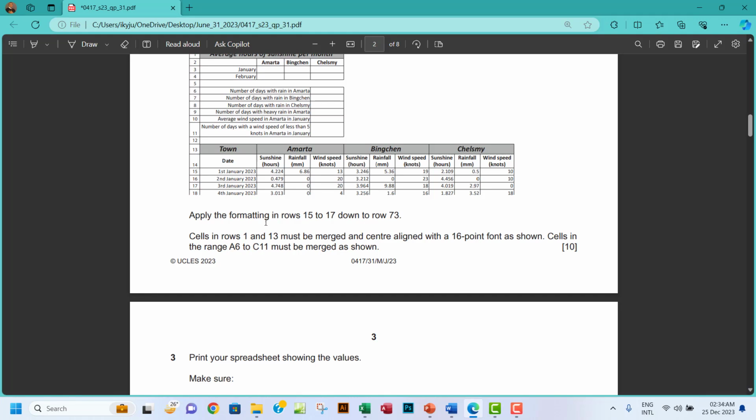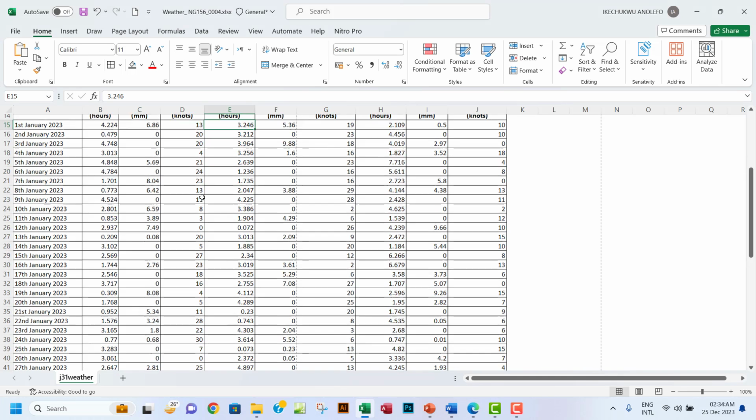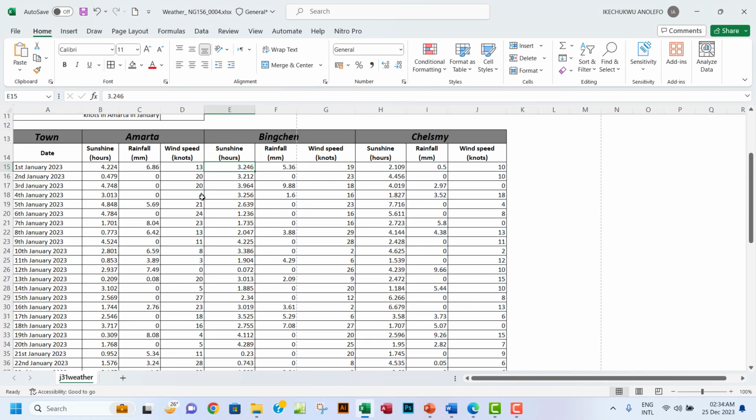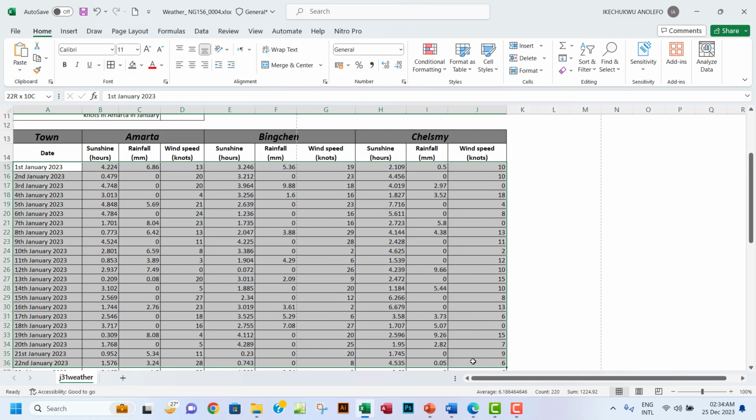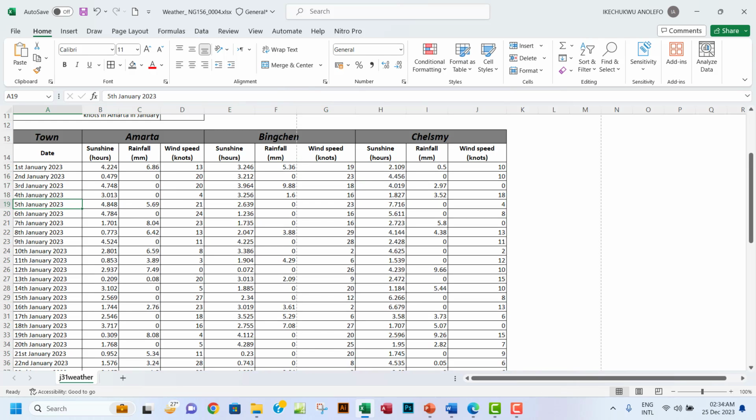So apply formatting in rows 15 to 17 down to row 73. I think the same thing happened. Okay, so I think we've done that already. So all the formattings are already there. Okay, so we've already selected all the borders, right? Okay, so what other thing is there? Any detail I'm missing here